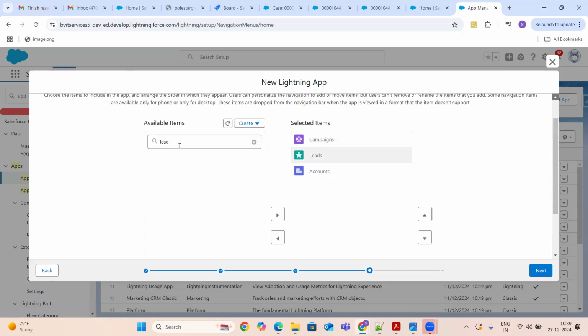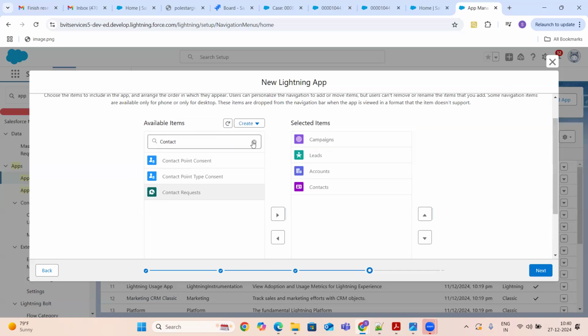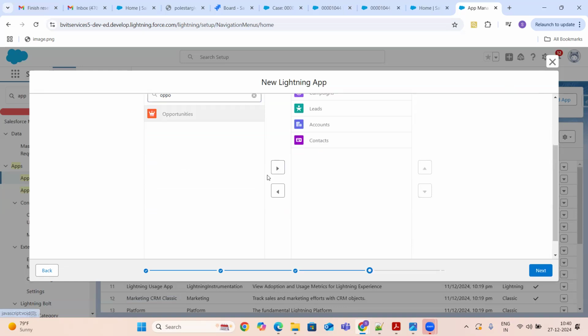Then the next thing I have accounts, and then I have contacts. Then the next important object that I have is opportunities.